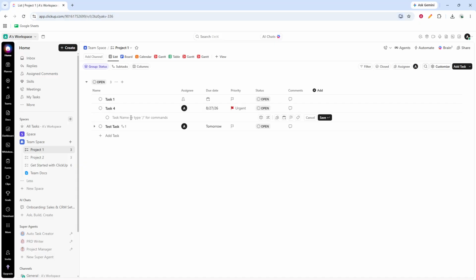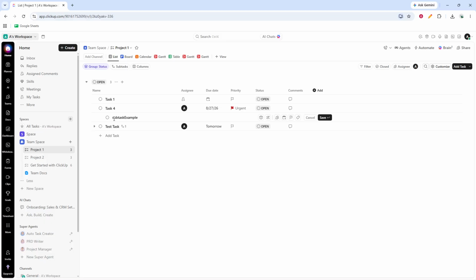As soon as you click it, a new subtask row will appear directly underneath the parent task. This lets you add the subtask right in place without leaving the current view, which makes the process quick and convenient. Now, type in the name of your subtask. Try to make the title clear and specific so it's easy to understand at a glance. A well-named subtask can help you and your team know exactly what needs to be done without opening it for